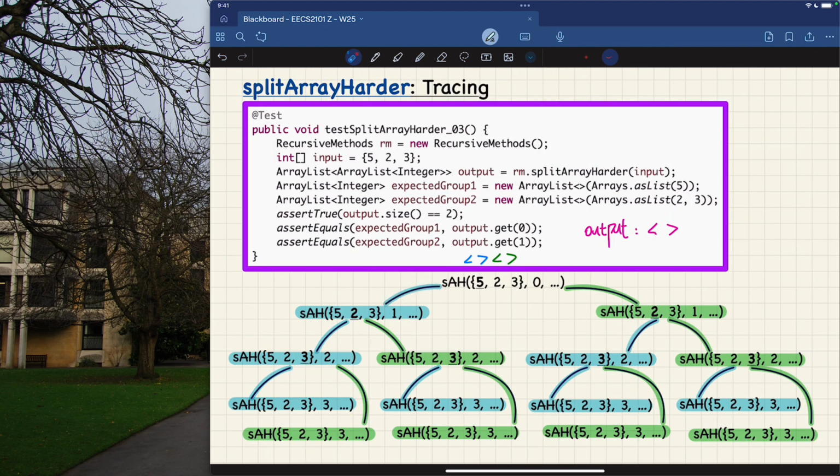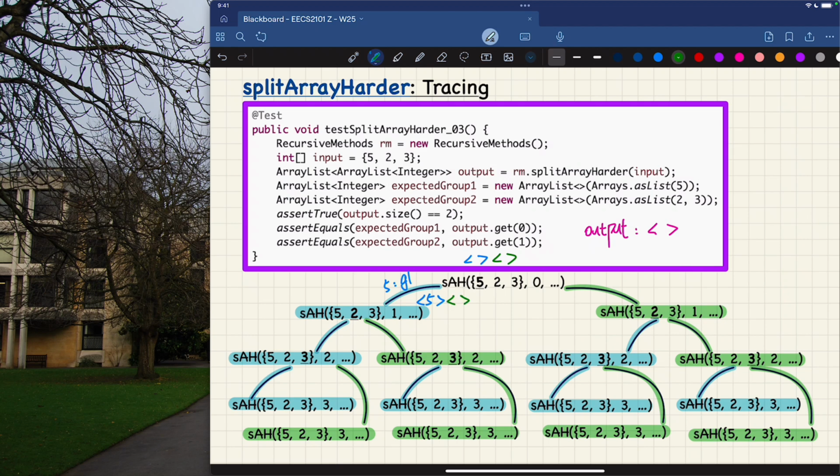Okay, we're gonna go through here. So this one will involve the 5 being put into group number one, right? You can think about 5. So 5 over here will be put into group number one. So after that, we're going to extend the 5 over here into group number one, and group number two remains